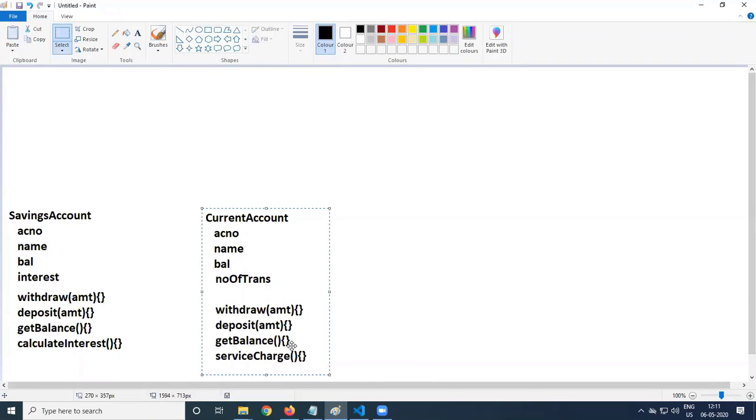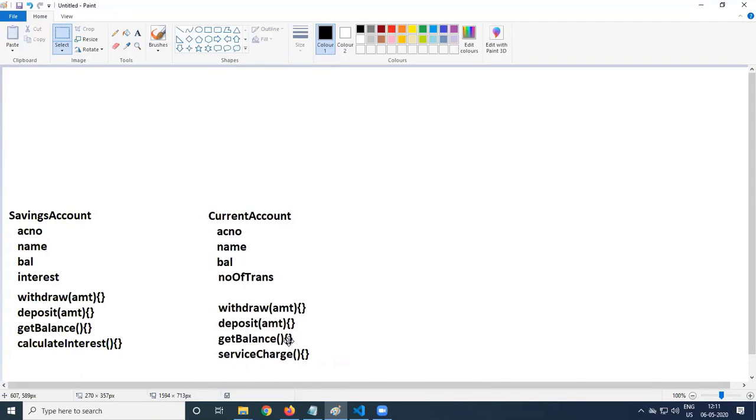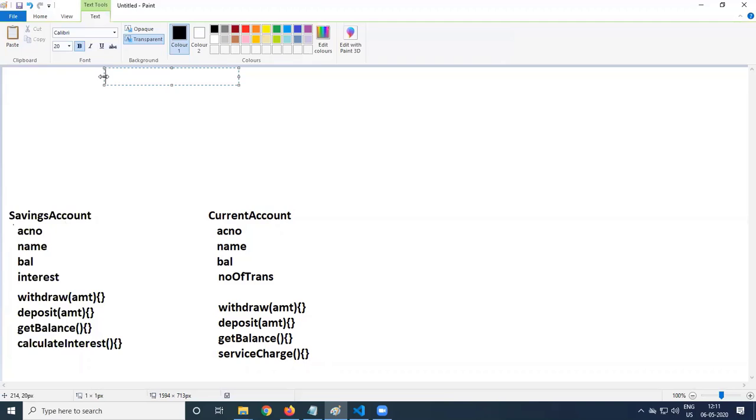So one is savings account, in our banking project in JavaScript. Savings account, current account, these are the properties. But when you see these two classes, we can understand some properties and some methods are common. So what inheritance says is, in a project, if you are developing two or more classes, and some of the properties and methods are common, what you do is create a class, in our case, called account. We'll provide the account number, name of the account holder, balance.